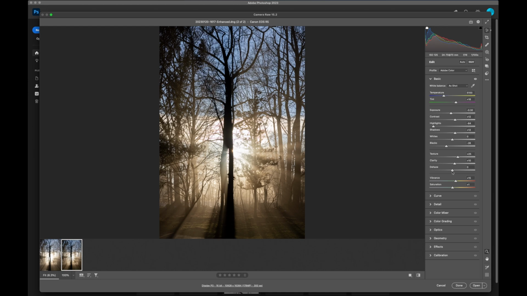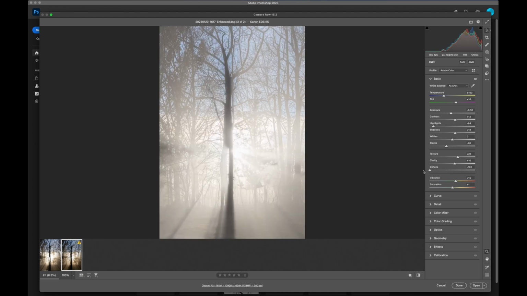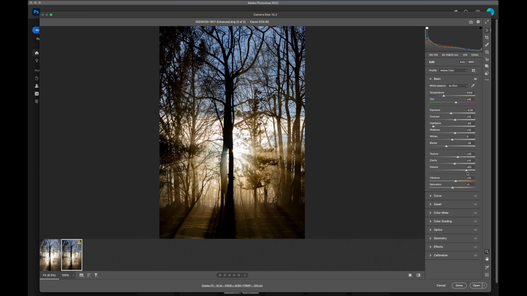The next one is dehaze. Dehaze is a tool that I like to use once in a while, and I'll rock it back and forth here, because it does a few things. We can really just completely blow out the image by dropping it down, but then darken things out by bringing it all the way to the top. When you do that, you can kind of see where the fog and the sky meet.